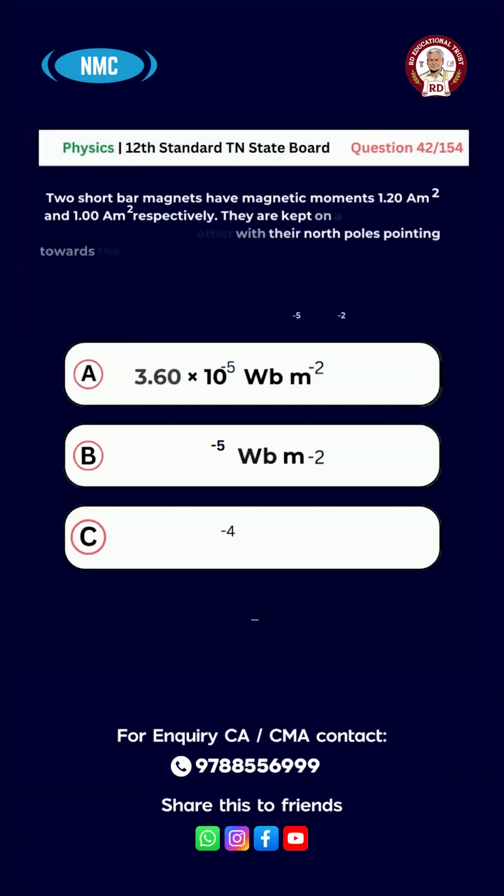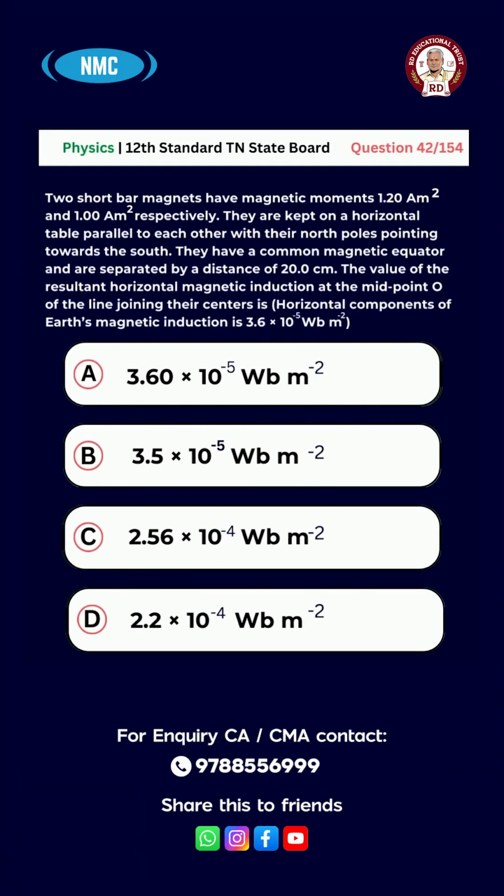Question number 42. Two short bar magnets have magnetic moments 1.20 Am² and 1.00 Am² respectively. They are kept on a horizontal table parallel to each other with their north poles pointing towards south. They have a common magnetic equator and are separated by a distance of 20.0 centimeter. The value of the resultant horizontal magnetic induction at the midpoint O of the line joining their centers is